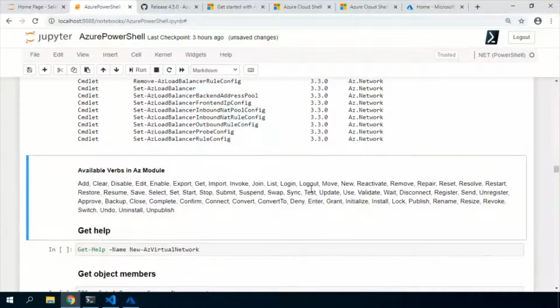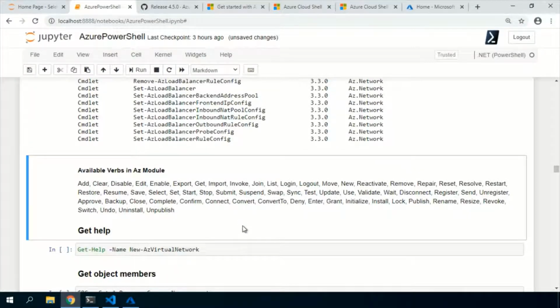And I should also talk about, initially when you are getting started with PowerShell, in my opinion, you should predominantly concentrate on four verbs. If you want to get something or list something, there is the Get verb.